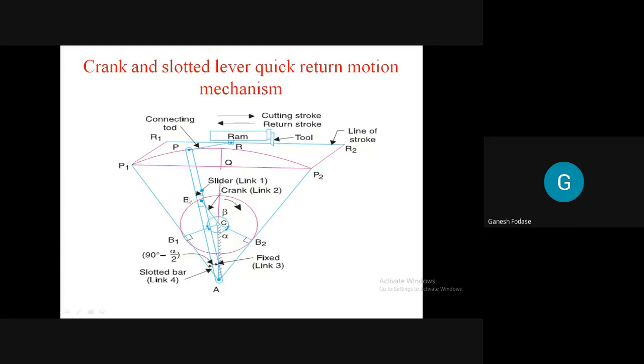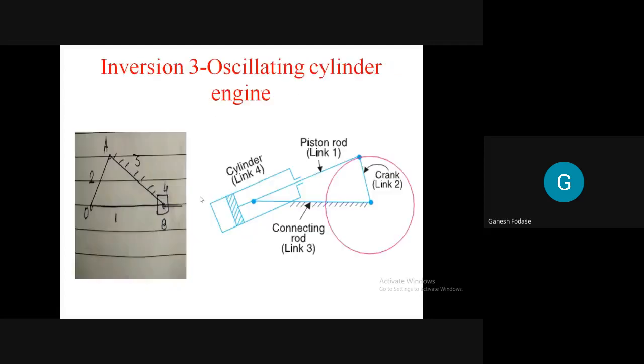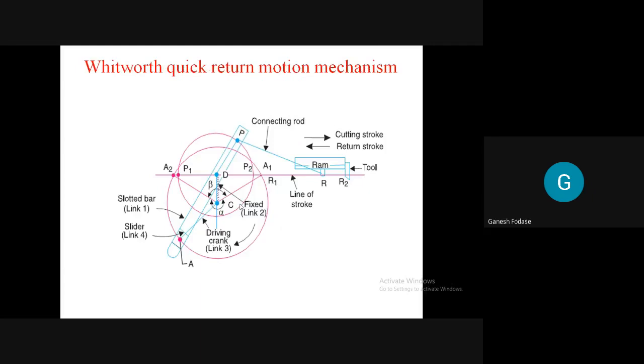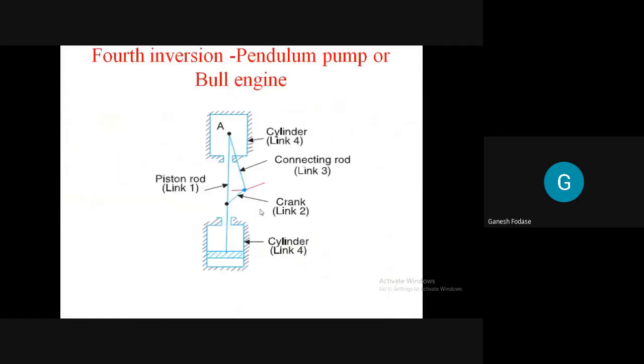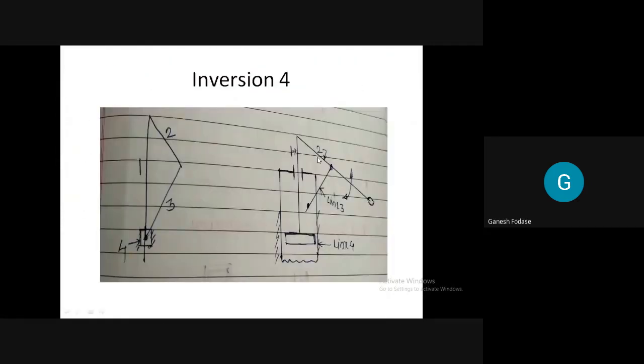Link number 1 and 4, motion is sliding, the pair form is sliding only. You take any inversion. Any inversion, okay? So this is the advantage of inversions, and that's why we are going for inversions. So link number 1 and 4 is forming a sliding pair. Now what happened? Link number 1 and other pairs are turning pairs.